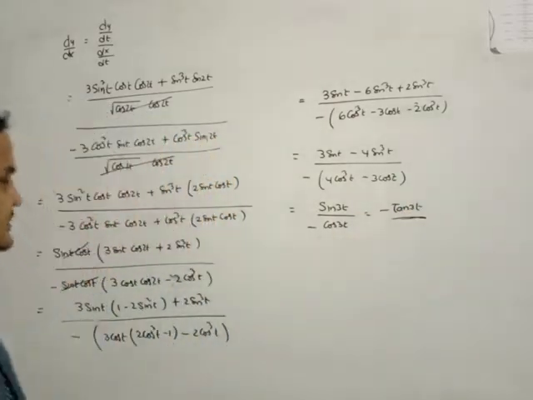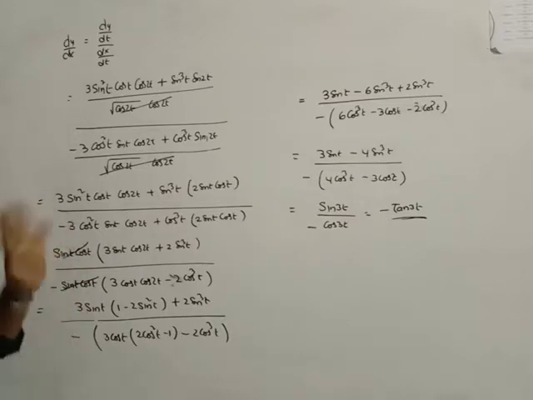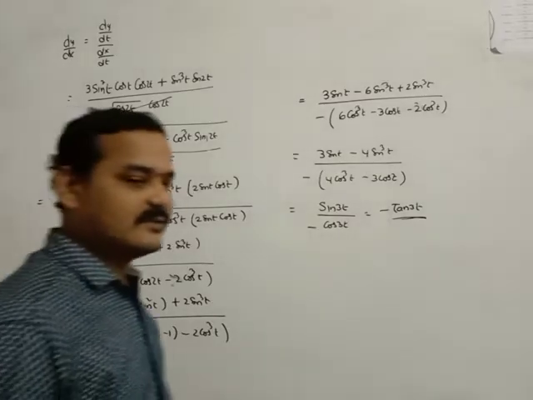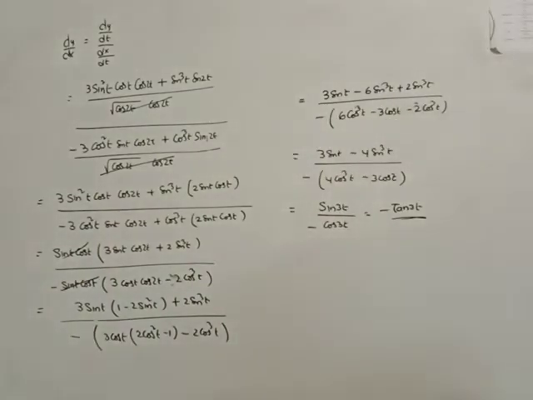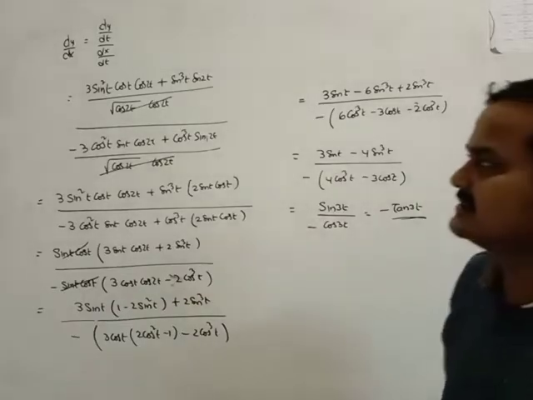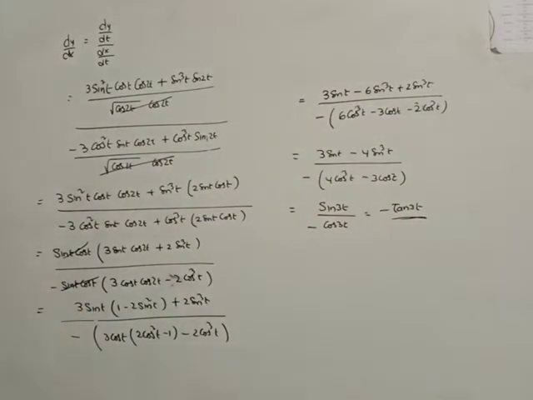Last question, there will be 6 steps: 1, 2, 3, 4, 5, 6. What did you do first of all? First of all, I differentiate with respect to t by using the u by v formula. After that, dy by dx. Here the simplification is a little complicated, but if you think logically, it becomes easy.